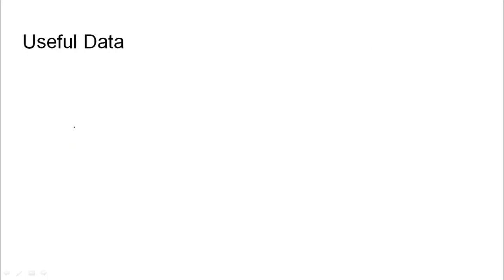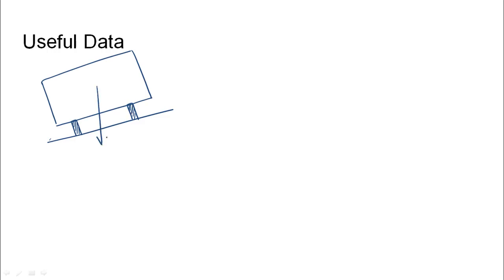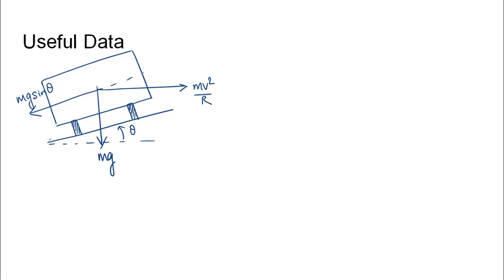Assuming a train moving on a super elevated railway track, the weight of the train would act in the vertically downward direction, that is mg. Let us assume that the track has an inclination of theta. So the weight will have a component along the incline which will be mg sine theta. Centrifugal force will act on the train as it is moving on a curve, which would be mv square by r. This angle would also be theta, and the centrifugal force in this direction would be mv square by r